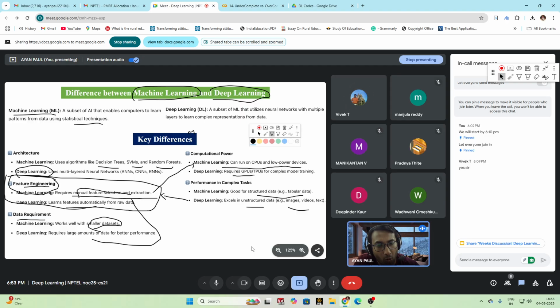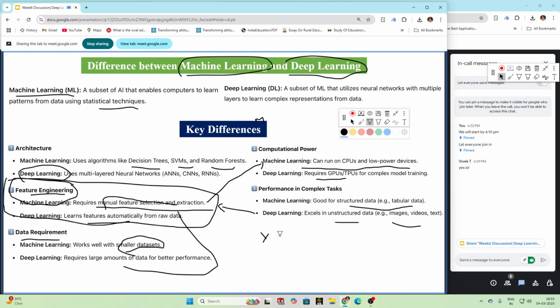Do you know any neural network model for computer vision? No, I have not decided on that. There is a popular model known as YOLO, you only look once. Let me write it: YOLO, you only look once. This is a popular model, and there are many versions of it. The older versions are like V5, V8, etc.